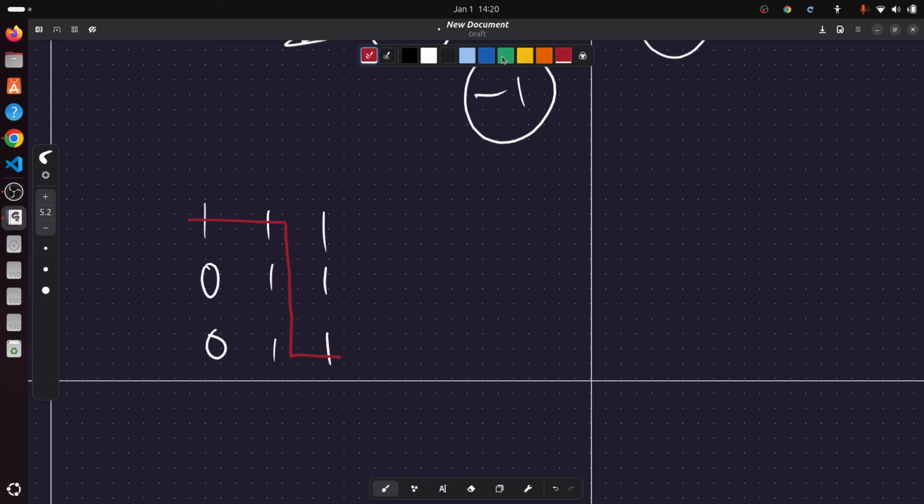Then another path is, let's say, if you go right and then down and right here, right from here, right? And the third path was that if you just go all right and go down. Okay. So basically what we have here is three paths,